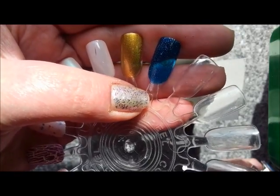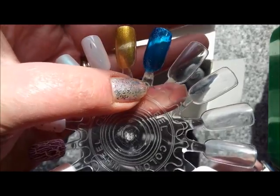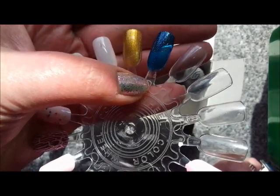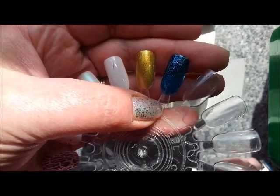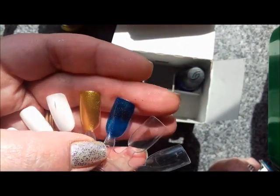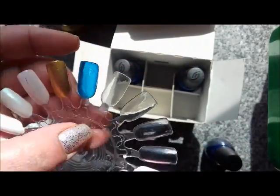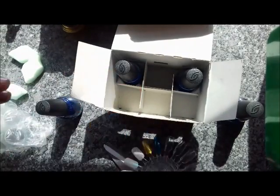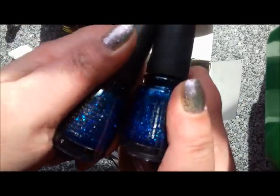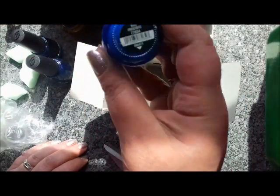I wouldn't even say it was a jelly base, I'd say it was more of a blue tint, if that makes sense. I'm trying to think of what I mean, but anyway, that's Dorothy Who, one coat. I'm going to come back and do a second coat on these, but that's that one. And so I've got one for me and one for a giveaway, and the same with this one, which is